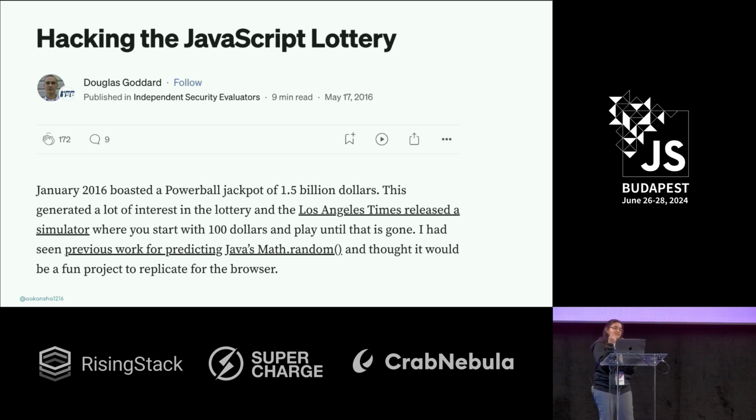So Douglas Goddard dug a lot deeper into it and also looked into how basically these numbers are generated. When you use Math.random, basically your browser is responsible to generate the numbers. So he looked into the V8 engine and looked into the code, and he shared a Python script in this article, which you can try out yourself to actually see how Math.random predicts the numbers. So I'll not be deep diving into this. This is not the scope of the talk. But if you're interested, do look into this article. It's really a great article.